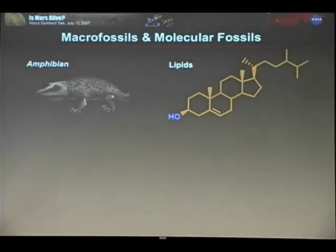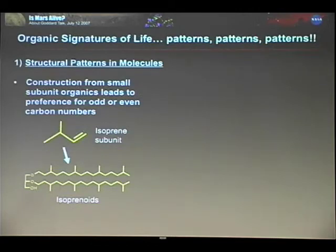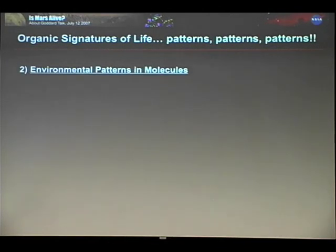And so the hope with the MSL instrument is that we might find some of those organics and at least look for those patterns. For example, if you have a crocodile or alligator, whatever this is, and it has a happy life and then turns into a skeleton. Similarly, if you have a membrane of a cell and the cell is dead and gets buried in a rock somewhere, if it's a robust enough molecule, that molecule might be changed a little bit, as is shown here, but it's still there unless there's some process that's really vigorously destroying it. And so just like you would have a skeletal fossil on Earth, you might have a molecular fossil that will tell you something about Mars. And like I mentioned, there are patterns in these molecular fossils, and the patterns tend to be things that are two carbons apart. And so